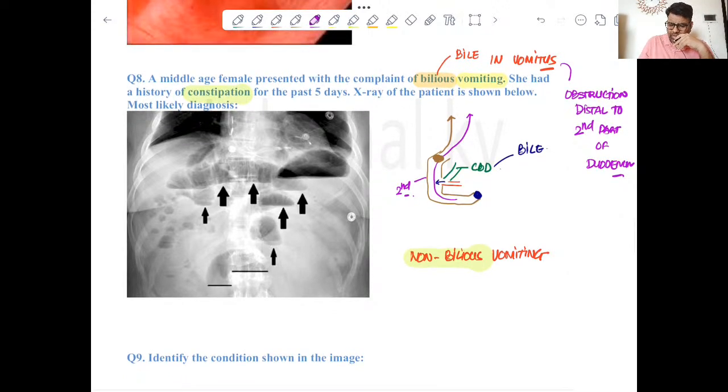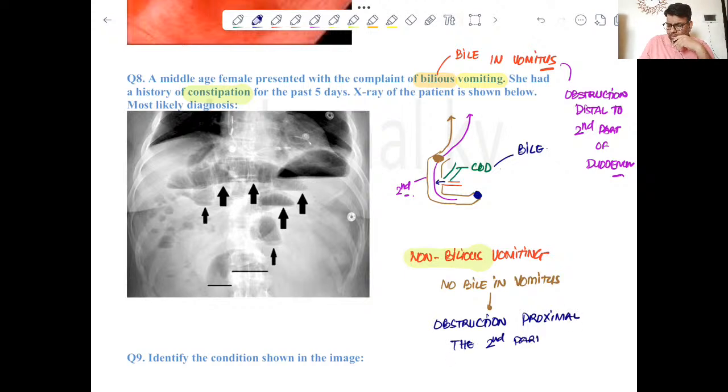So if there is non-bilious vomiting, it means no bile in the vomitus. It suggests obstruction proximal to, or before, the second part of the duodenum. One thing is clear: since bile is present here, the obstruction will be distal to the second part of the duodenum. And this classical X-ray, I just told you that whenever you see a black shadow, that is all air. You have to keep that in mind. Whenever you see a black shadow on X-ray,